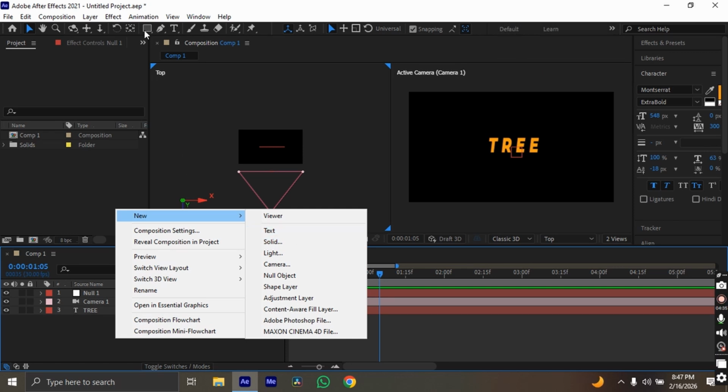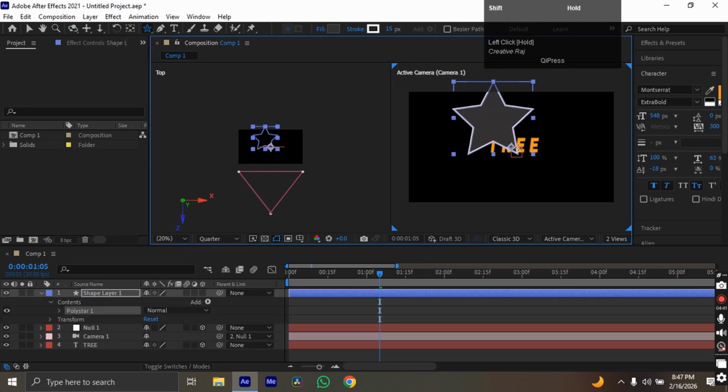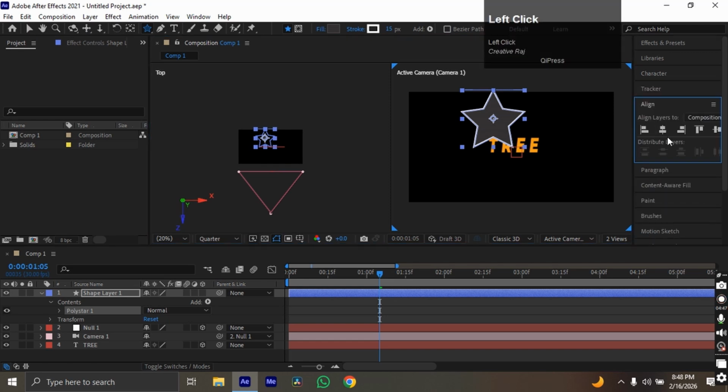and okay, let's go with shape star. Okay, create a star and place it into center align,